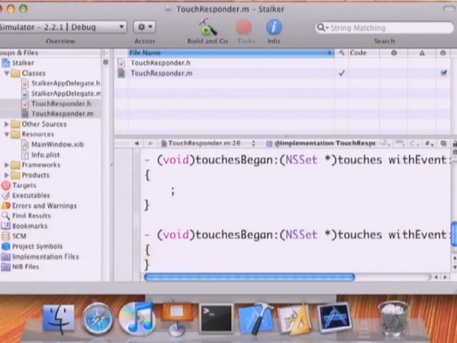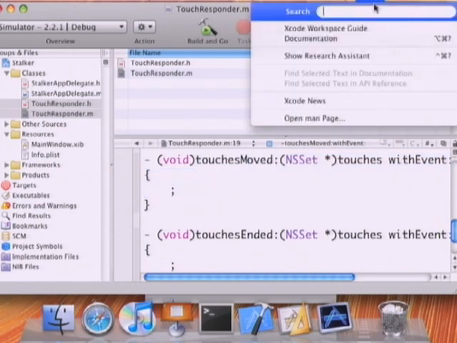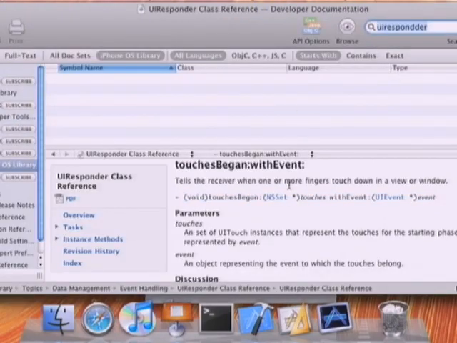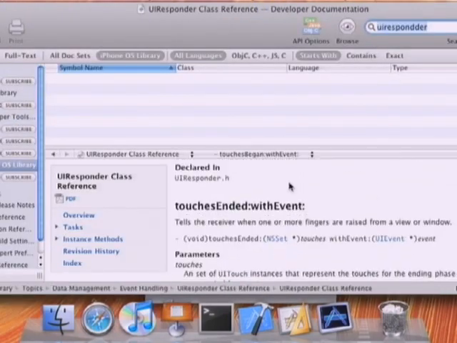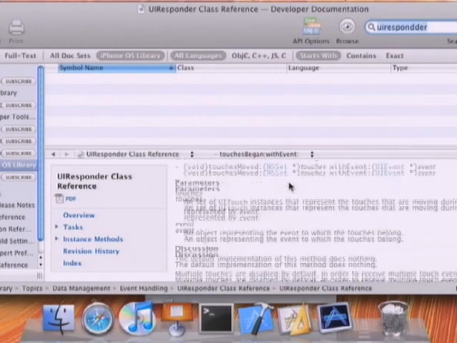Yeah, I'll change them. So this is touches ended, and this is touches moved, I believe. So touches began, touches canceled, ended, and touches moved. Perfect.